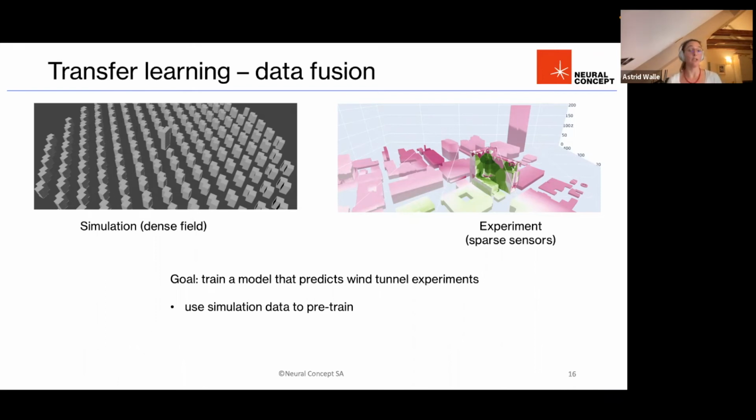You can then weigh the LES simulations, give them a higher weight, so telling the model right away, okay, actually this is more trustworthy data. And yeah, I think that's